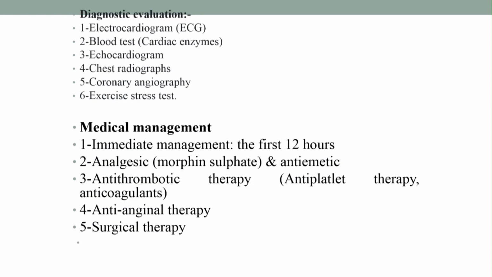Diagnostic evaluation: you can diagnose the case from the electrocardiogram (ECG), blood tests, cardiac enzymes, echocardiogram, chest radiography, coronary angiography, and exercise stress test. For medical and nursing management, you start with immediate management for the first 12 hours: analgesic, morphine sulfate,